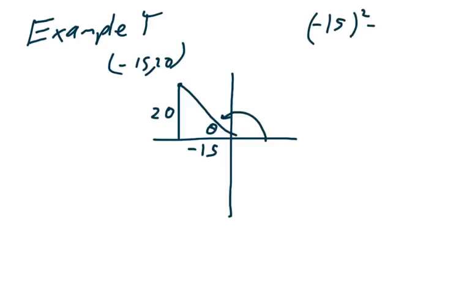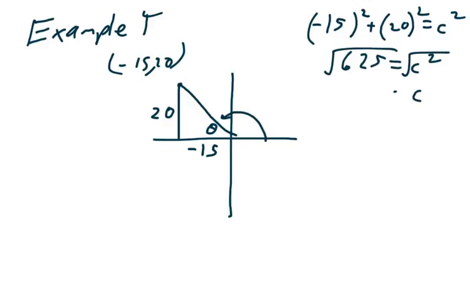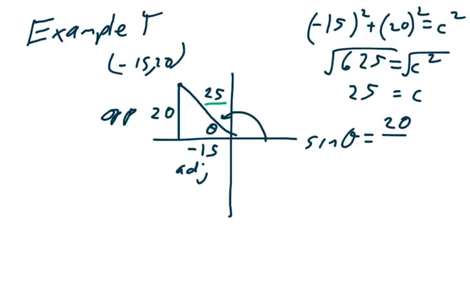Now, knowing that we need to find the hypotenuse, negative 15 squared plus 20 squared is 625, and so we get an answer of 25. Now, because it is the hypotenuse, it is always going to be positive. Here is the opposite, and here's the adjacent. So the sine of theta is equal to the opposite, which is 20, over the hypotenuse,